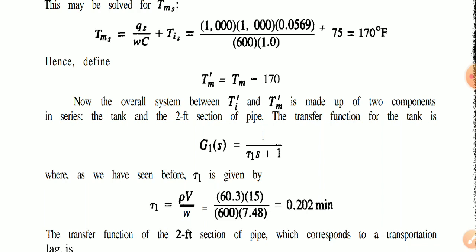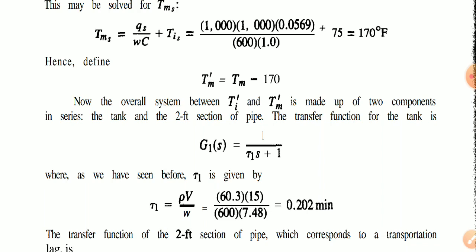Now the overall system between Ti dash and T dash m is made of two components in series, the tank and the 2 feet section of the pipe. The transfer function for the tank is G1(s) is equal to 1 by (tau 1 s plus 1),